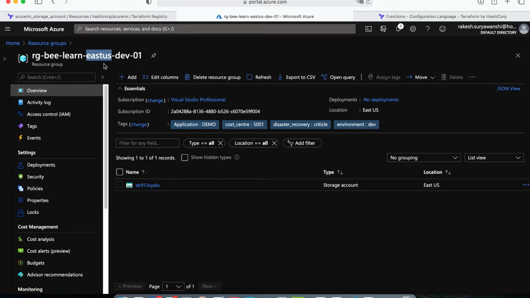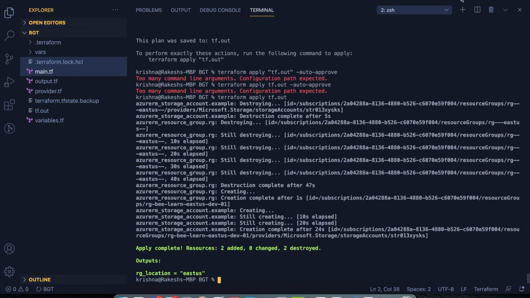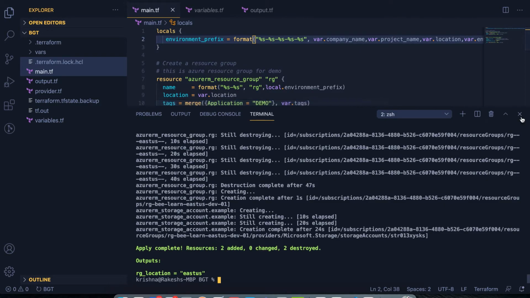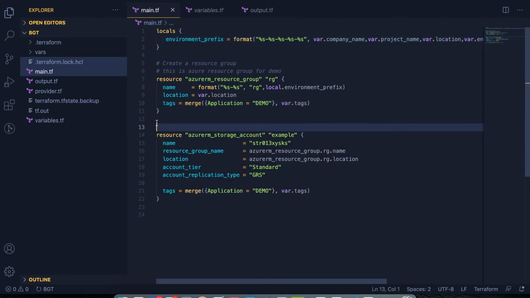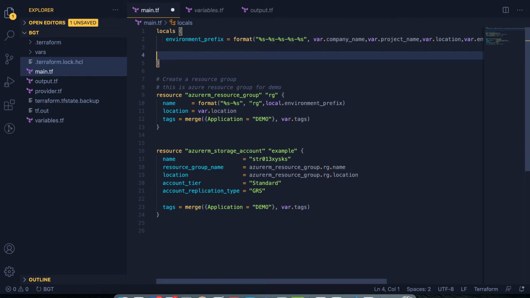Now I can see that the resource group has got the location as the full name, East US, but if the location name is going to be increased, I don't want to use the same naming convention for my location. So what I'm going to do now is create another local. So let's call it locations,